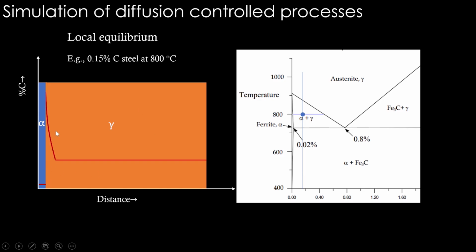And where gamma touches this alpha, you see where the composition of gamma goes to. So gamma has more than 0.4 percentage of carbon, essentially the one indicated by this tie line here. So this much of carbon should be there at the interface of this gamma alpha. So in the gamma phase, it should be this much. Only then gamma and alpha can touch each other. Okay, that's what we say when two phases are in local equilibrium. At where they are touching, we call it local equilibrium because at that point at least they have the compositions indicated by the tie line.